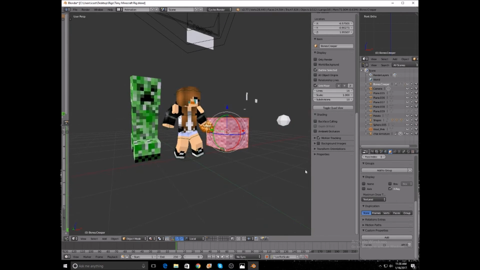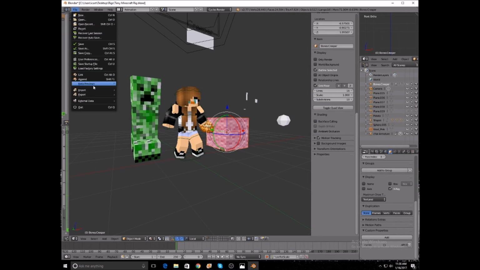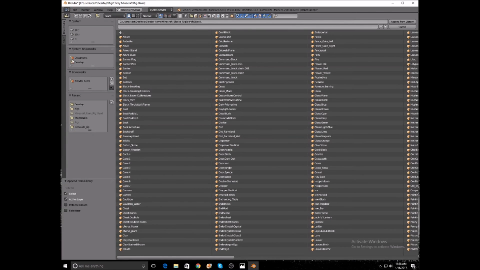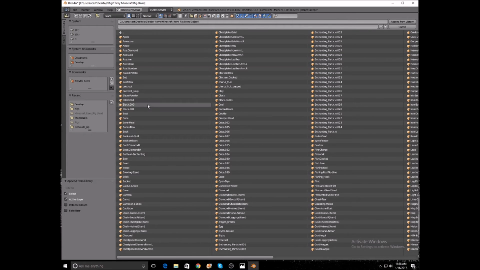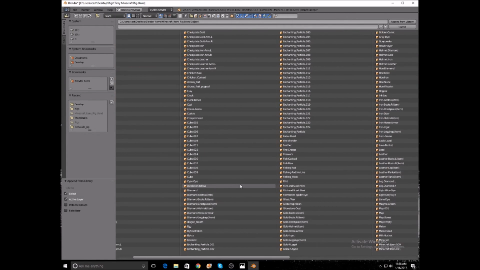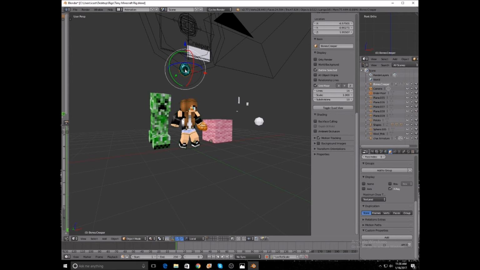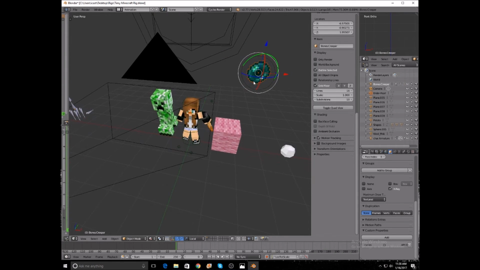I can even set items on it. So let's say I wanted to set an item on it. I'm going to go back to my desktop, Blender items, and then go to Minecraft_item_rig.blend. Object. Let's say that I wanted to set an ender pearl on it. So I have this ender pearl, and I am going to set it